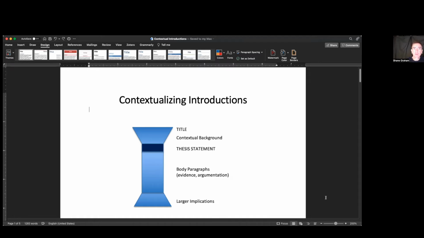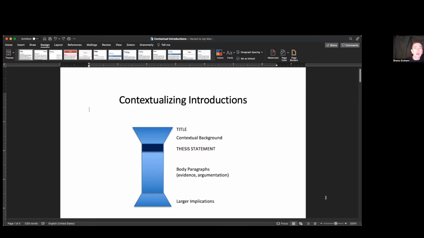I encourage my students, when they're writing a 5 to 6 page paper in an upper division literature class, to focus two paragraphs on helping the reader get their bearings, and then the thesis statement, and then the body paragraphs. And this does not necessarily need to follow the three paragraph format that you may have been taught in high school. There's a lot of different ways to organize this, and I have some other YouTube videos on my channel that walk you through how to organize and develop body